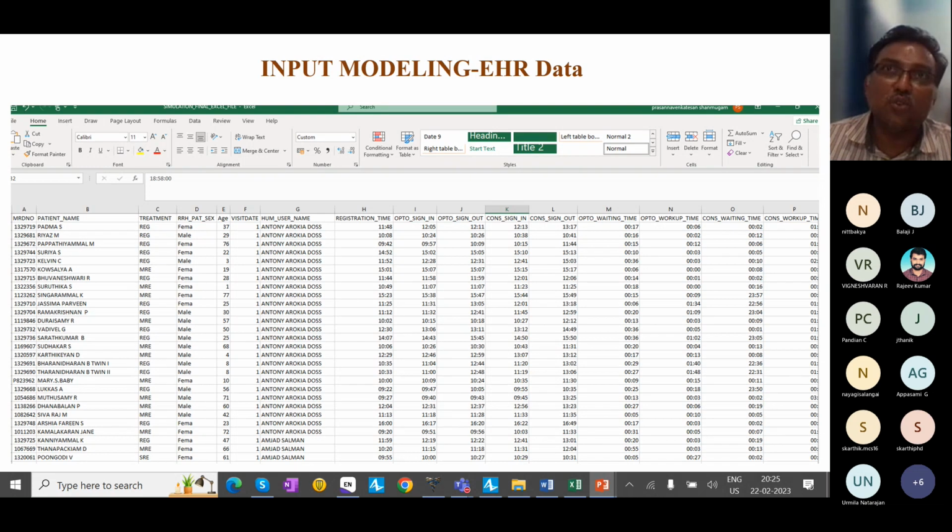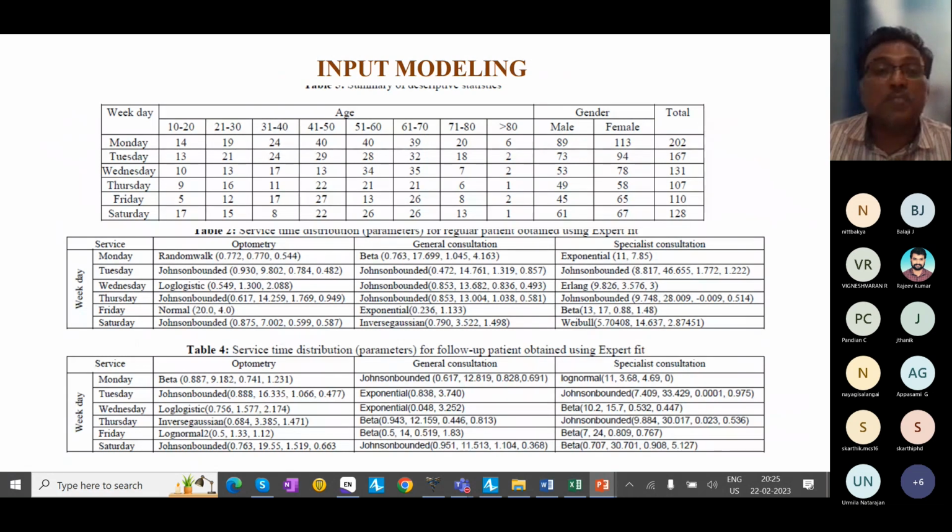Actually, in data analytics, you collect data and then you need to clean the data. You need to filter out certain things and then you have to proceed. So this is typical healthcare data. And then from this, you need to get descriptive statistics. On Monday, how many patients, different age groups, how many male, how many female. And you can see here from this data, especially Thursday, Friday, they have the lowest number of visits. And we have taken only the forenoon session, not the afternoon session.